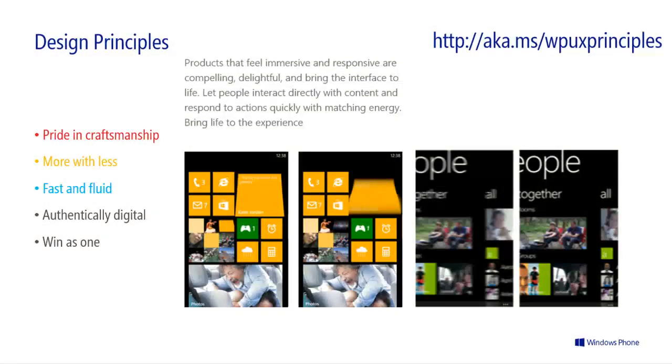Fast and fluid is about use of animation. We use animation in a very subtle way. Sometimes it doesn't necessarily seem so subtle. Some folks have said it's not subtle. But a lot of work was done in focus groups and so forth to try to get a type of animation that was compelling and yet not intrusive and overloaded. So all of our animations are available very easily to add to your own applications through our Windows Phone Toolkit, and they have all the right timing and so forth. Many of our controls like Pivot and Panorama have it built in. But if you want to add page animation, the turnstile effect, the continuum effect, or some of the other effects that we use, those are in our toolkit.